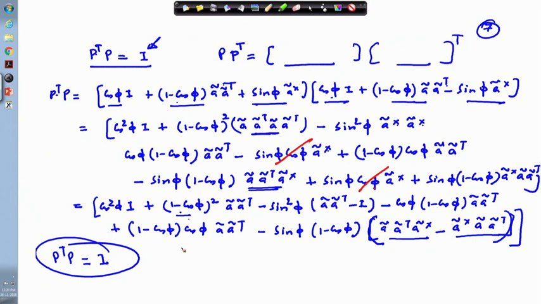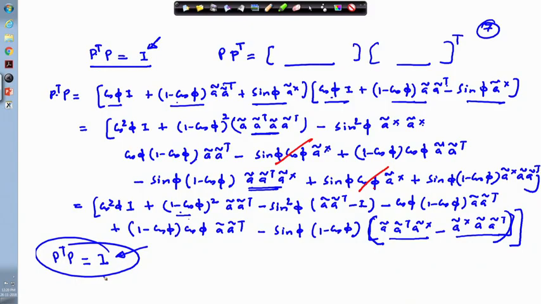So, we stop it here and we will continue in the next lecture. And if you can work it out yourself, that will be a very big credit for you, because you need to put it in a proper format and this must turn out to be equal to I. So, this is one of the properties that we are showing, that indeed this P matrix, P transpose P, equal to P times P transpose, this will be equal to I.